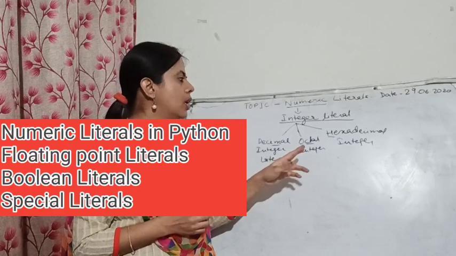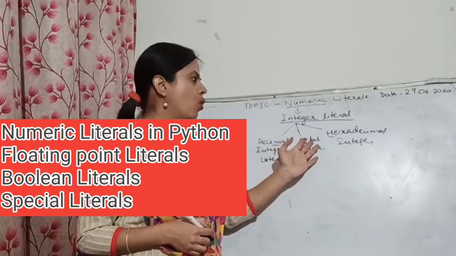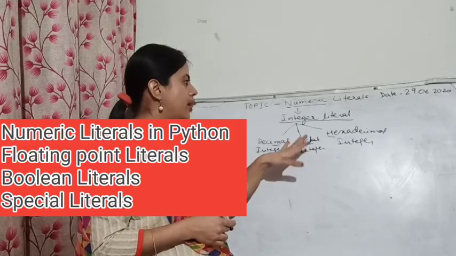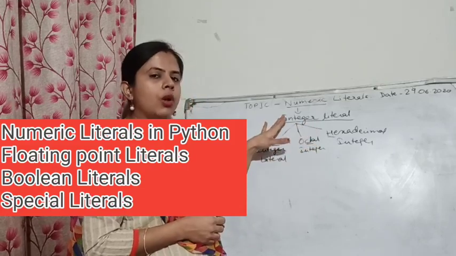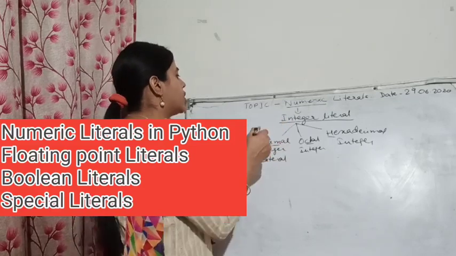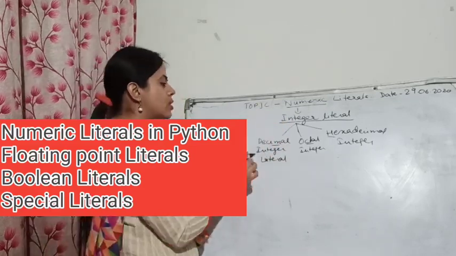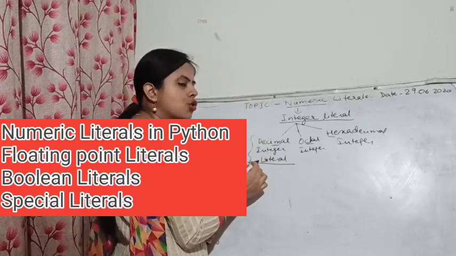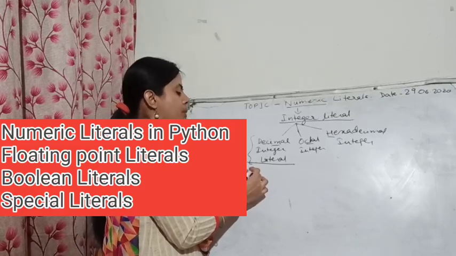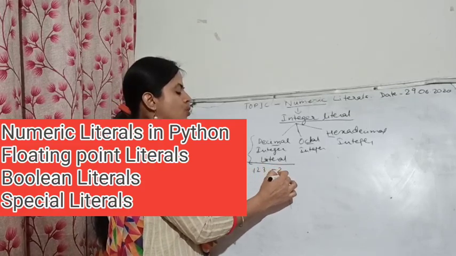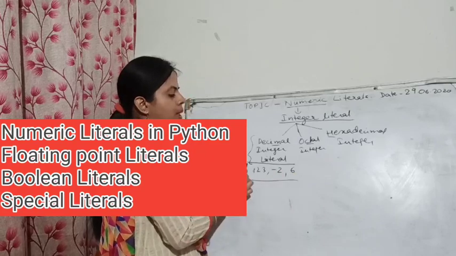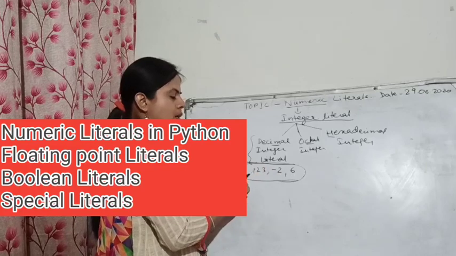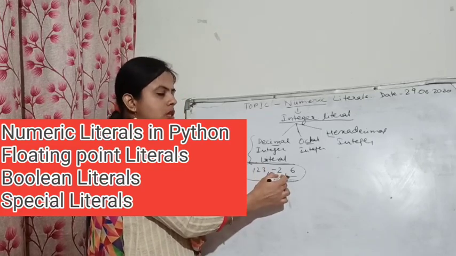We have studied them in the number system. We did not learn how to convert a decimal number to octal because that is not part of the syllabus. However, the integer is the whole number which does not contain any fractional part, and unless it starts with 0, it is considered a decimal integer literal. A decimal integer literal should not start with 0 and it can be any number like 1, 2, 3, -2 and 6. These can be called integer literals, and if you are not giving any sign to the number, it will be considered a positive integer literal.